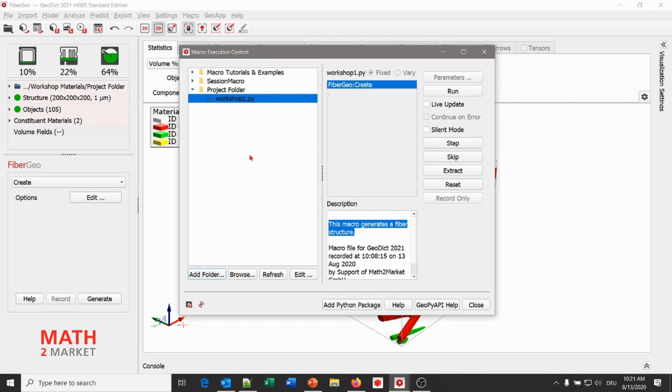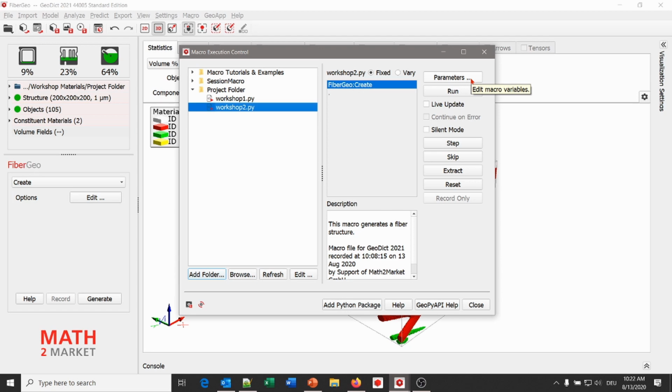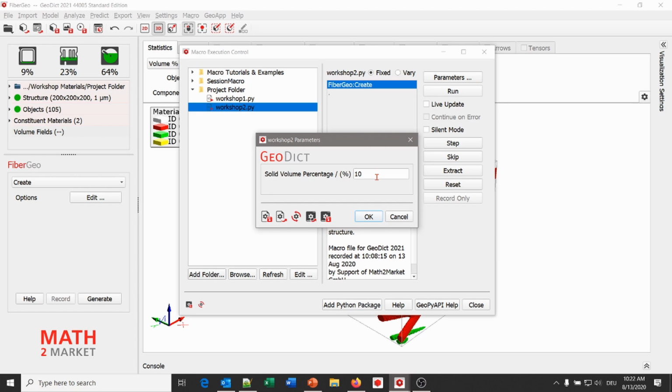And if you didn't close it like I did, then the workshop 2 is not available here. But as soon as you click refresh, it appears. So you can see while workshop 1 is highlighted, the parameters button is grayed out because it has no parameters. You click workshop 2, then you see the parameters button becomes available. So click on it and change the solid volume percentage, for example, to 25. Click OK